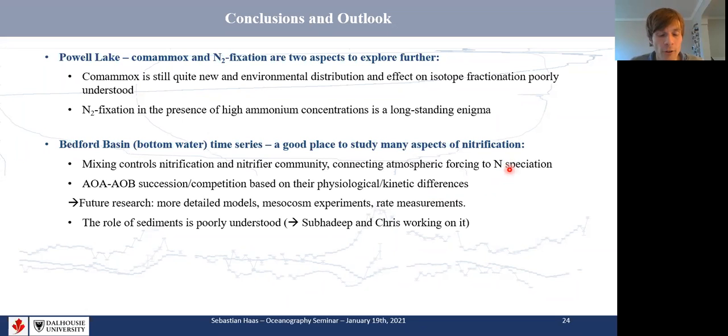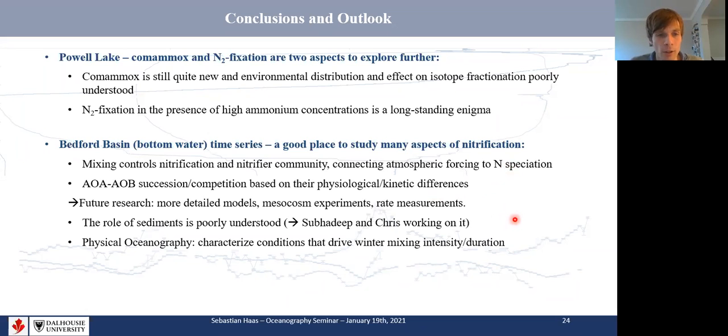More generally, but also affecting the nitrogen cycle and nitrification of the bottom water very much, is the role of sediments, which is still poorly understood, but I know that Subadeep and Chris Alga are working on this. In terms of physical oceanography, I think there's a challenge to try to better characterize the conditions that drive intermixing